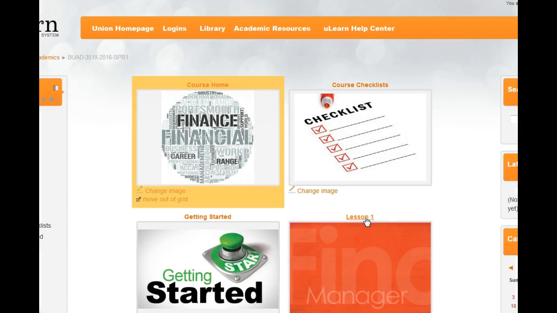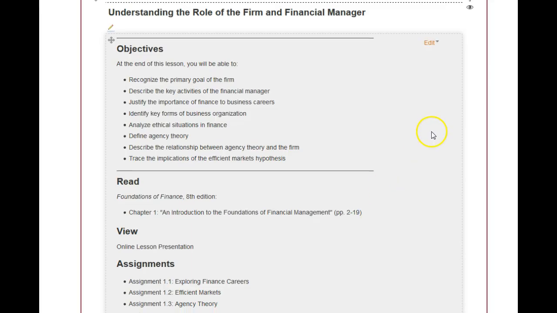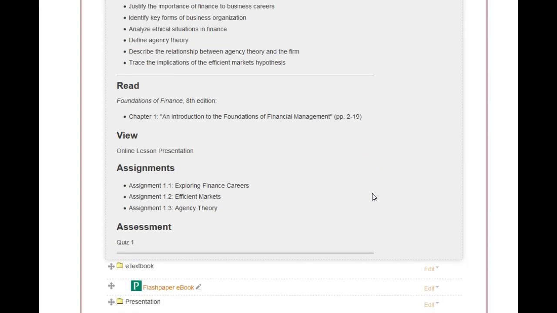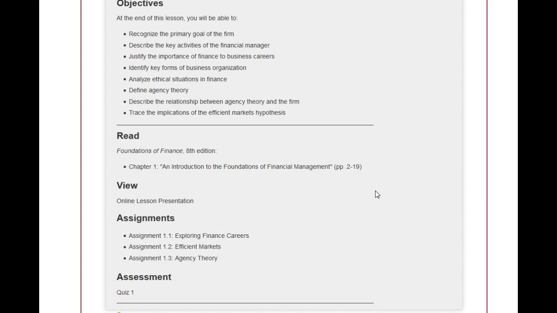Let's see if I've covered everything in here. This took a bit longer than I wanted it to. I'll have to learn to speed it up a little bit. And then you have quiz 1. And quiz 1 is 10 questions. You have 3 tries. The try that is the best score will be selected and will be recorded in the grade book.